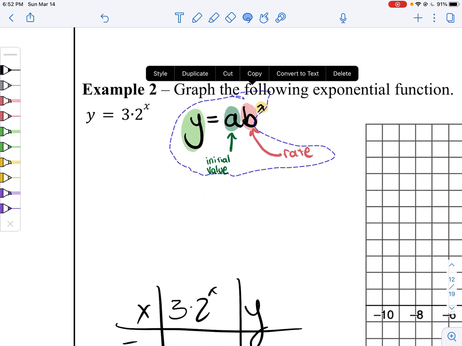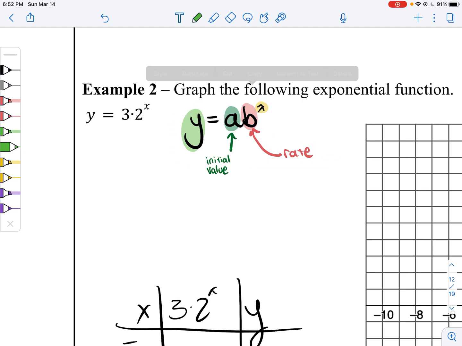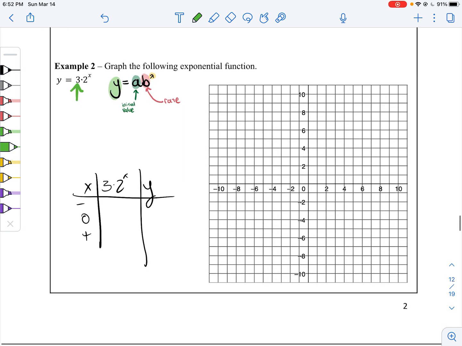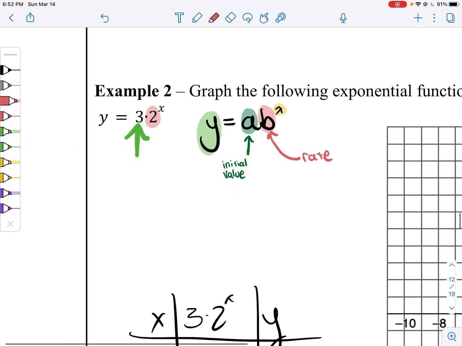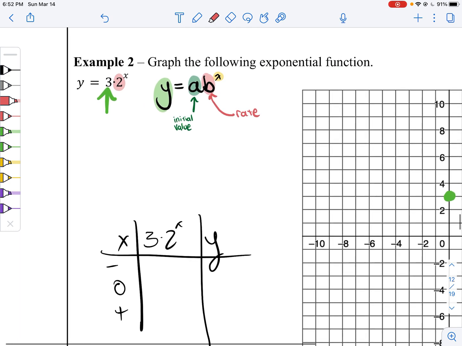Okay, so our initial value is going to be 3. That means when x equals 0, y equals 3. I can plug that in right now. Over 0, up 3. Boom. Y-intercept, nailed it. We also know our rate. Here our rate is 2. So we're going to take the guy beforehand